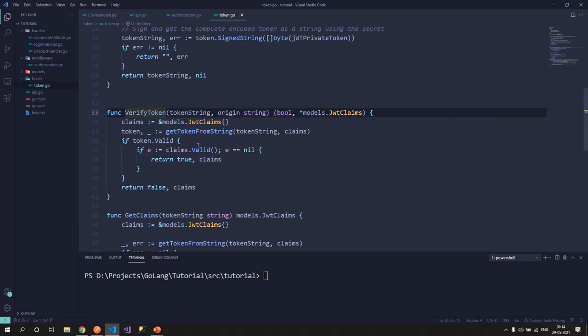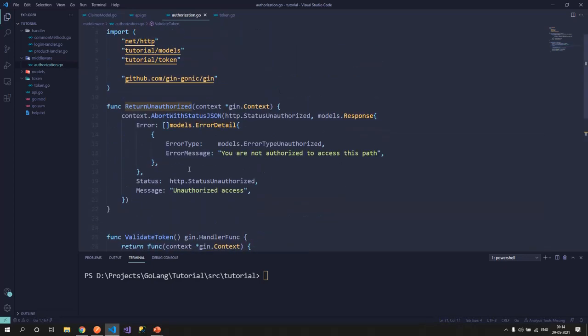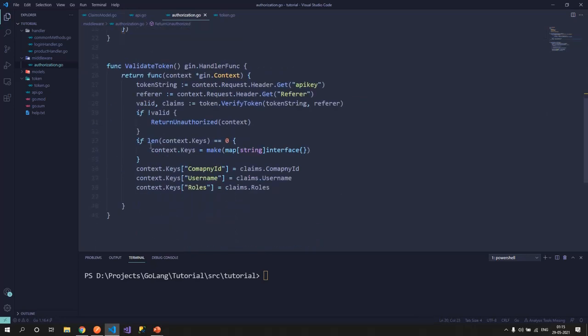So this verify token method would be called. This would verify the token, and if it says valid, then everything is okay, and if it is not valid, I'll return unauthorized access. For unauthorized, I'll just say the request is unauthorized and you are not authorized to access this path, with a generic error message.